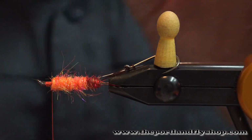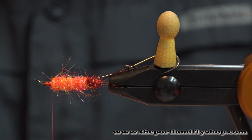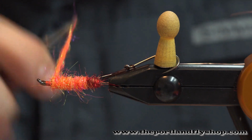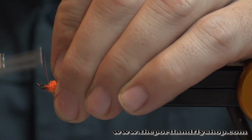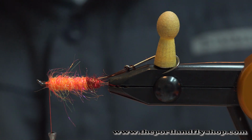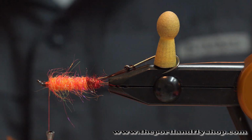We're going to dub up a body here. Maybe give us just a little bit more. We don't want to crowd that eye too much. We've got a lot that's going to happen up there with the ostrich herl. So that's probably good. Okay, I've got our body pretty simple so far, no big deal. We're going to reverse wrap. Broke that one. We're going to reverse wrap